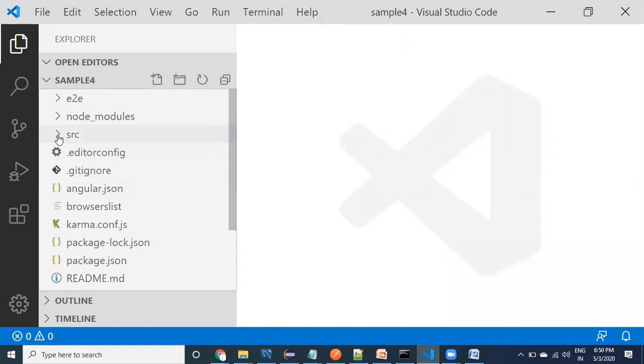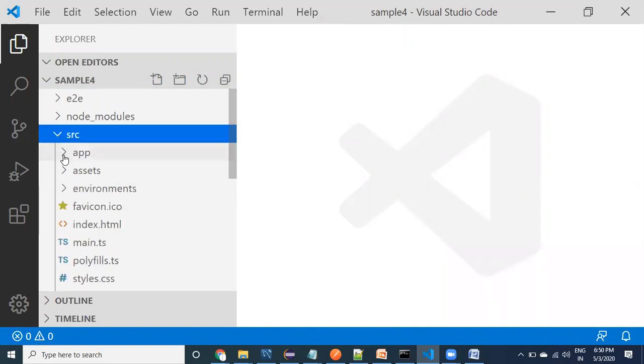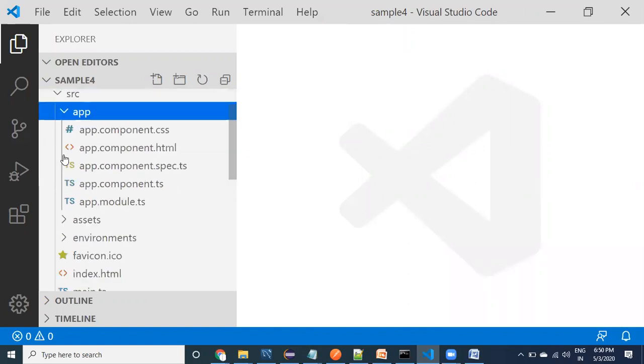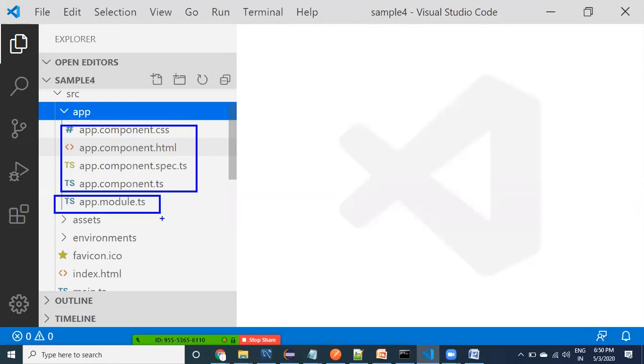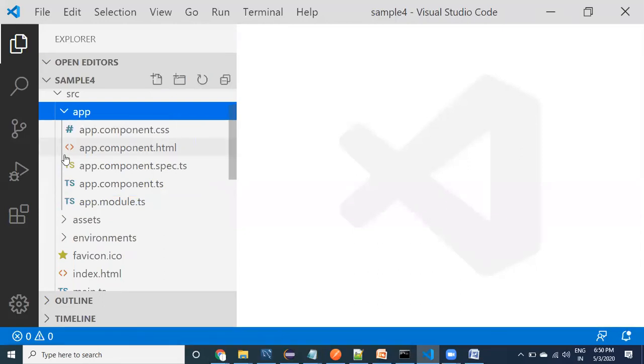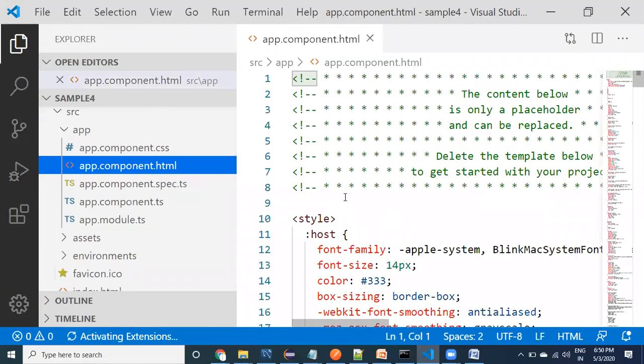Then if I go to src, inside it you can see the app folder. Inside the app folder you have the root component, which can be called the root component, and this is the module file. This is the basic thing I have. If I open the app HTML, a lot of code is available.